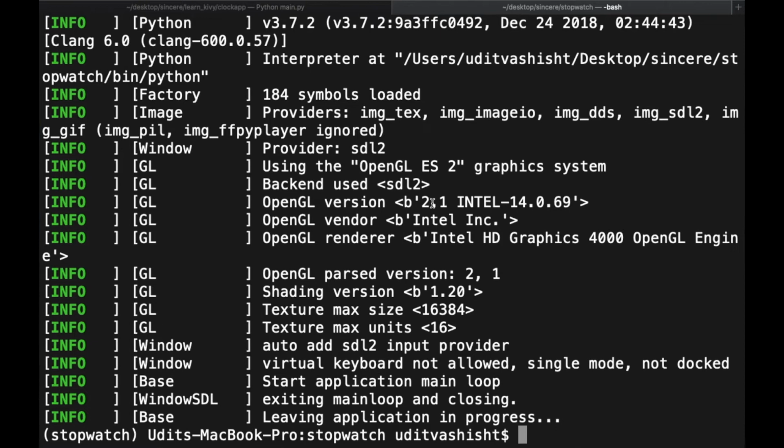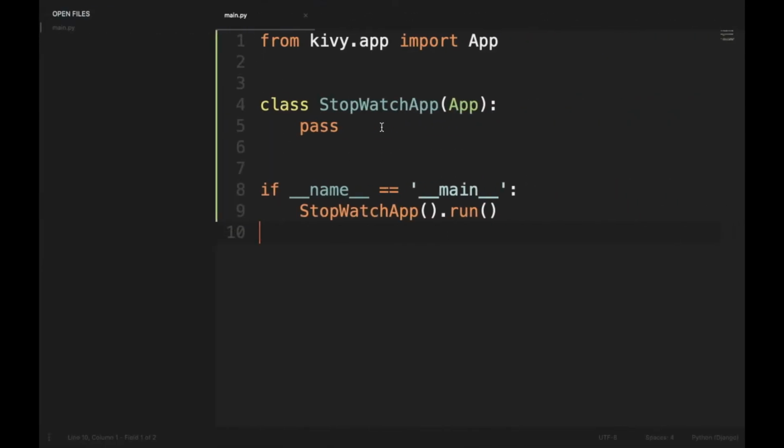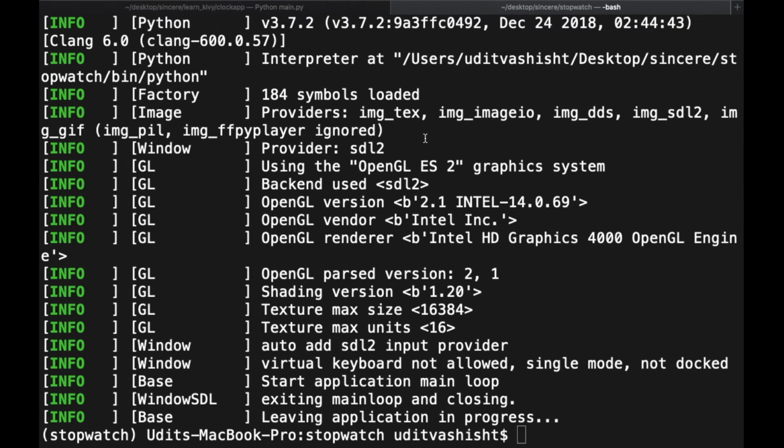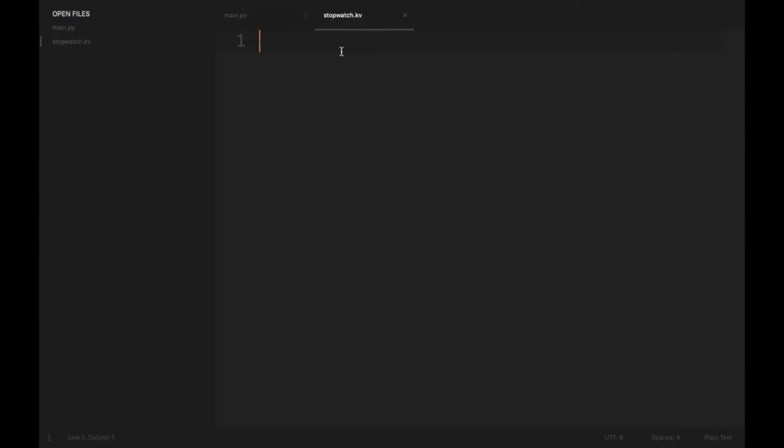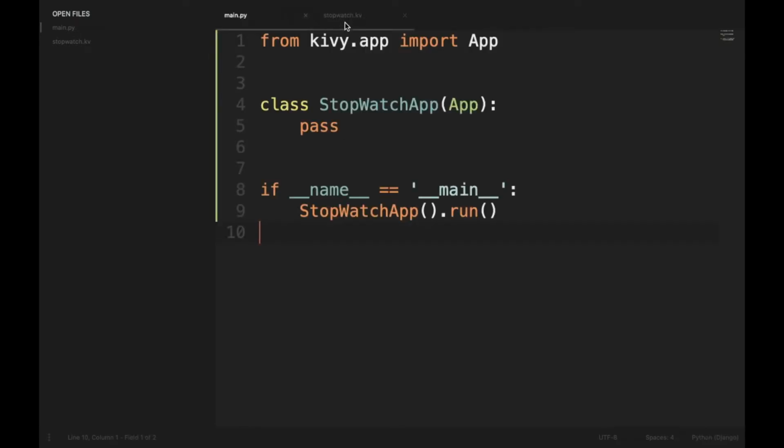To create a user interface in Kivy, we have a layout file in .kv format. Creating a Kivy app is quite similar to creating a web app as it holds the code in the Python format, which in this case will be main.py file, and the layout in .kv format. While creating a layout file, we need to follow a general convention. Since we have created a class called StopwatchApp, our layout will be stopwatch.kv. So while naming your .kv file, you have to skip the app part from your class and then Kivy will automatically detect your layout file.